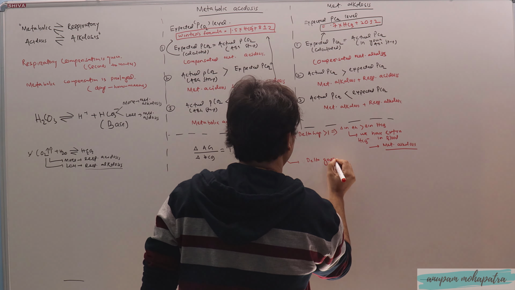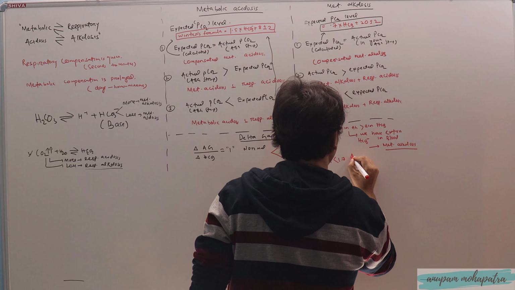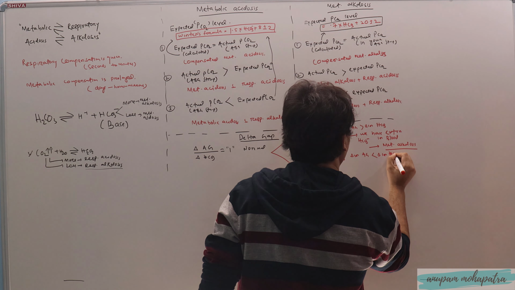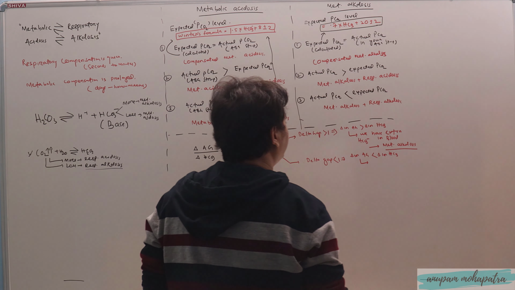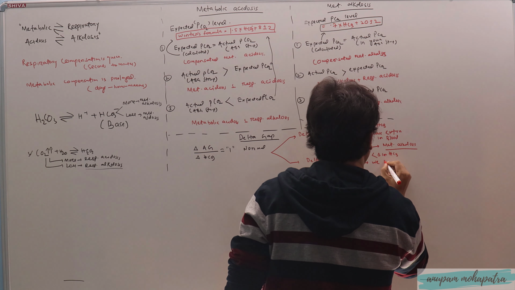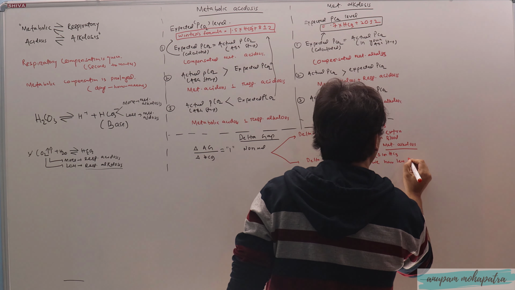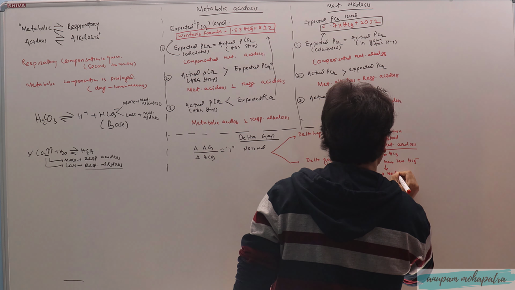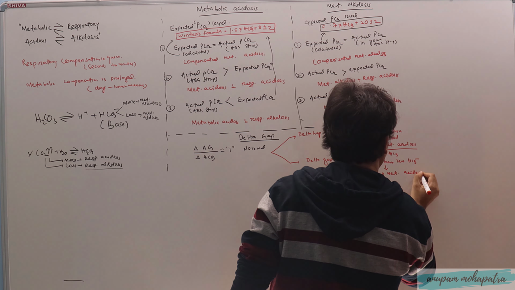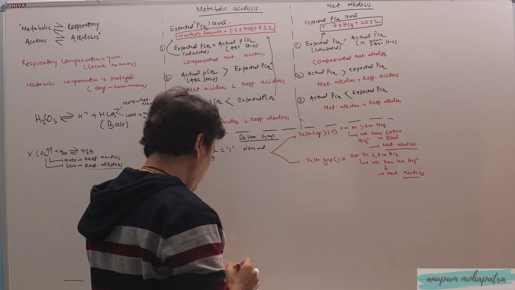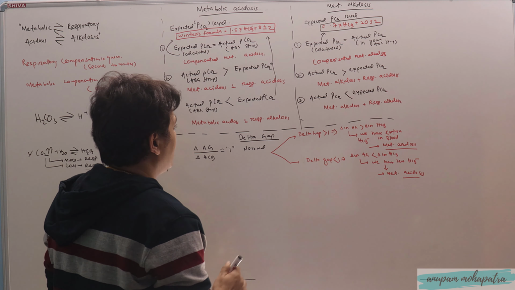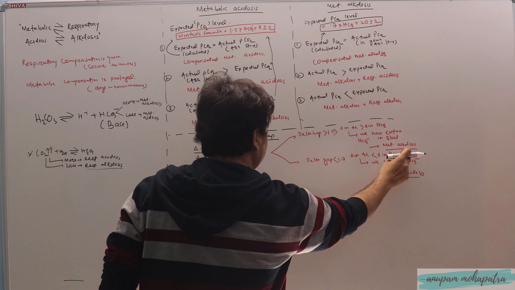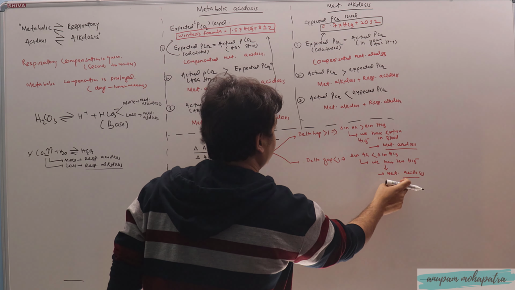So if the delta gap is less than 1, then the change in anion gap is actually less than the change in bicarbonate. That means we have less bicarbonate. Whenever there is less bicarbonate, this is metabolic acidosis. This is as simple as that. You don't have to remember many formulas. Calculate the delta gap. If it is more than 1, you have an additional metabolic alkalosis. If it is less than 1, we have an additional metabolic acidosis.